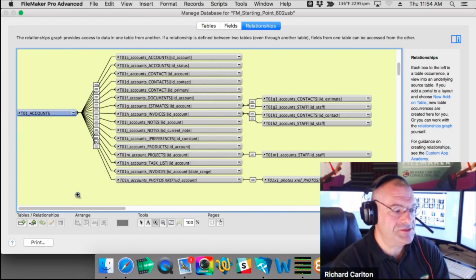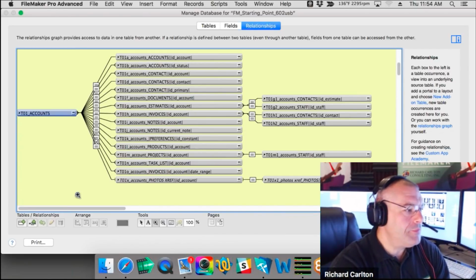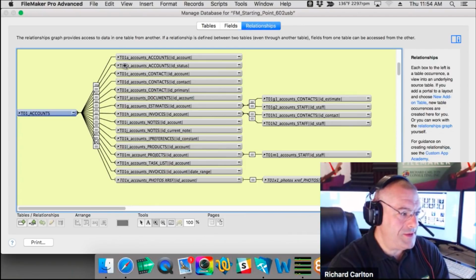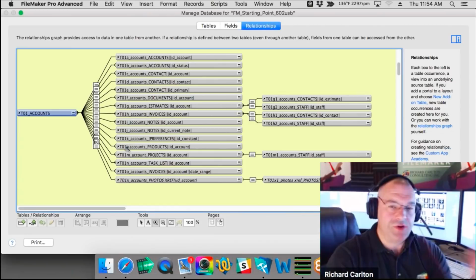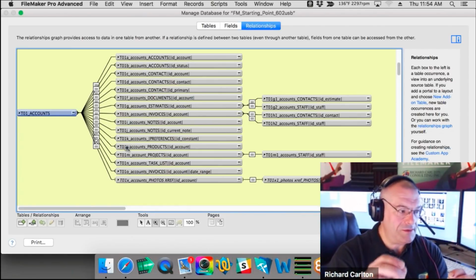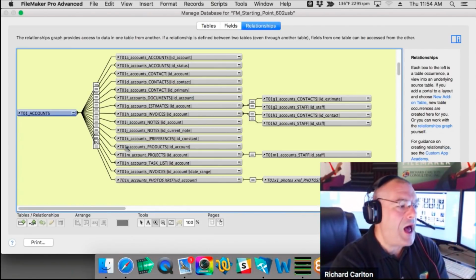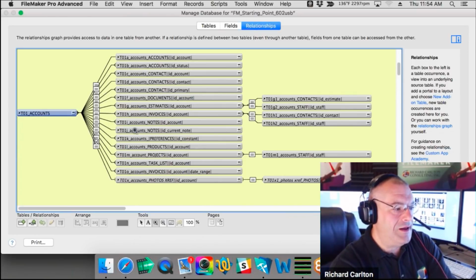This is the one we use because it's pretty easy to understand. So TO1, and then these are all the ones that connect to TO1: A, B, C, D. And eventually, because we're upgrading, starting point, moving things around, the numbers might get a lot out of sequence at some point. I could technically name this the